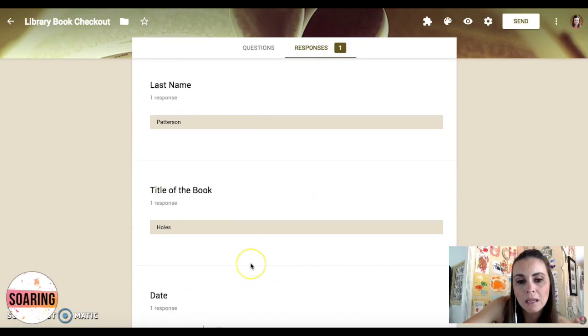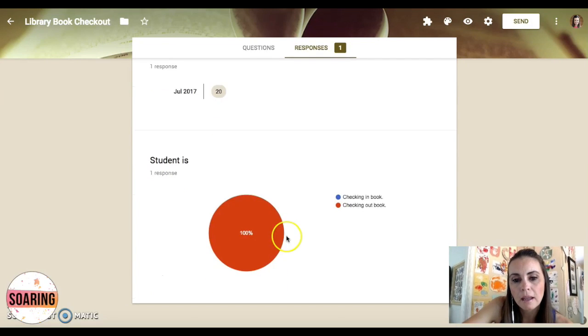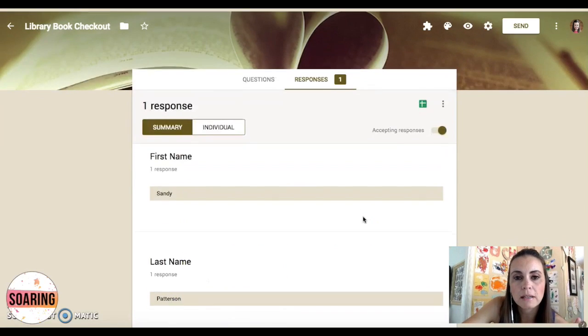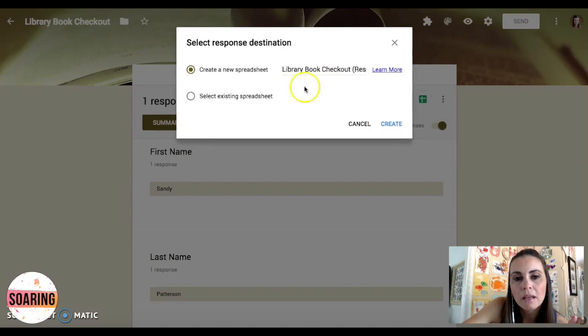I see that Sandy has the Holds book on this date, and she's checking out the book. So I know that she has the book. But the magic here, and the organization here, really happens when you click on this little green Create Spreadsheet button. And when you do that, we're going to create a spreadsheet,